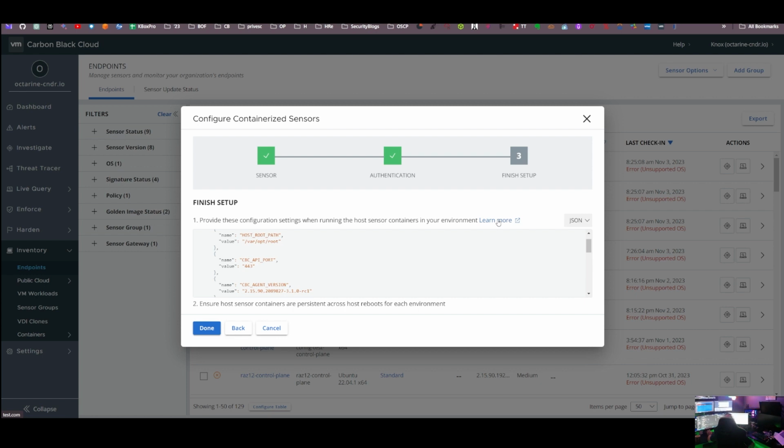And if you click on that, what that's going to help you do is, depending on the environment where you're trying to deploy this. So maybe you want to deploy this in AWS in the Elastic Container Service, ECS, because you can do that. You're going to want to click on this learn more and learn how to be able to